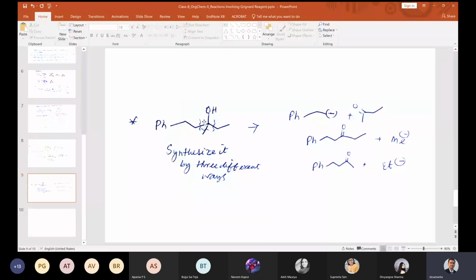Yeah, so this one is also the same as another problem that I discussed before. Generally, for the retrosynthetic approach, you will be learning a lot of retrosynthesis towards your higher classes. What does retrosynthesis mean? The concept is basically that you will be given a product and asked to propose a mechanism or a pathway to synthesize that product.